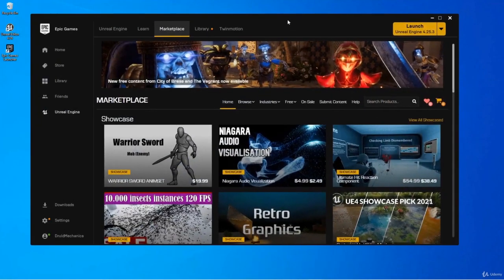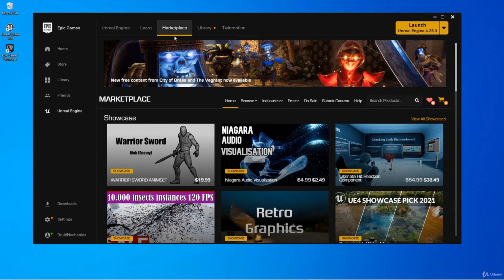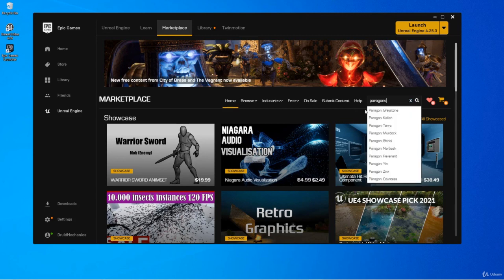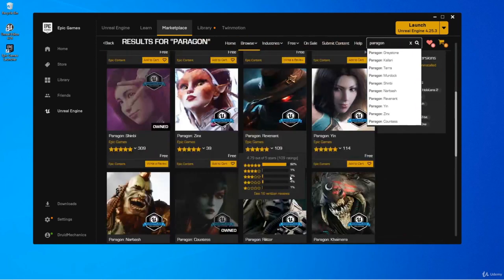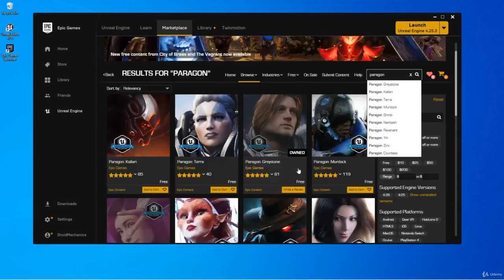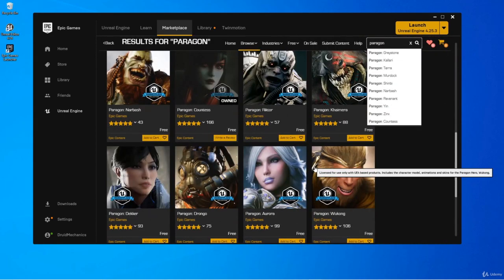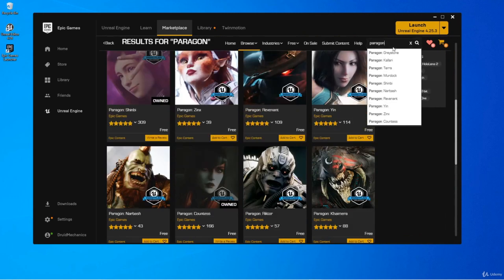Go ahead and open up your Epic Games launcher and click on the Marketplace tab. This is where we can get assets for our project, and there's always free content that we can download. For our character, we're going to use one of the Paragon assets. If you haven't browsed the Paragon assets, you can simply search for Paragon in the Marketplace, and you'll see a whole bunch of really cool assets. For this tutorial series, we're going to use Bellica. So search for Paragon Bellica,